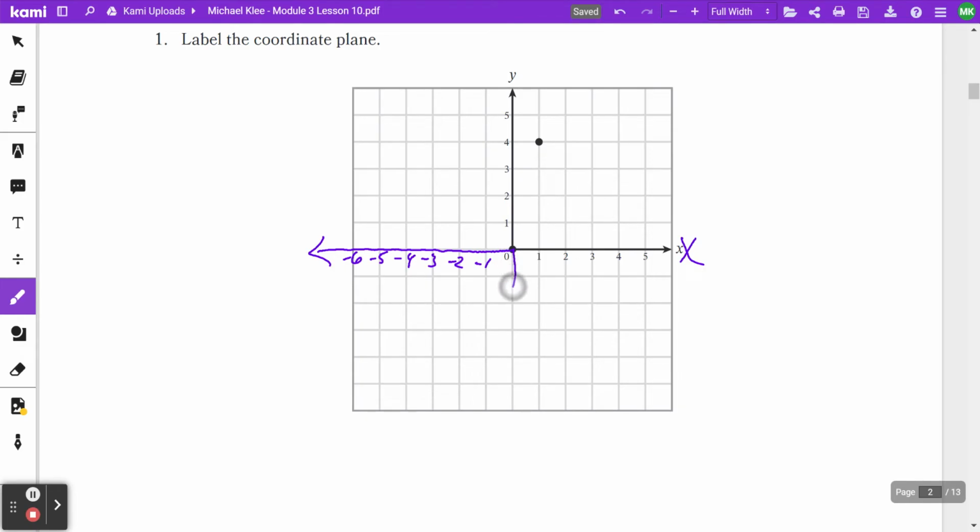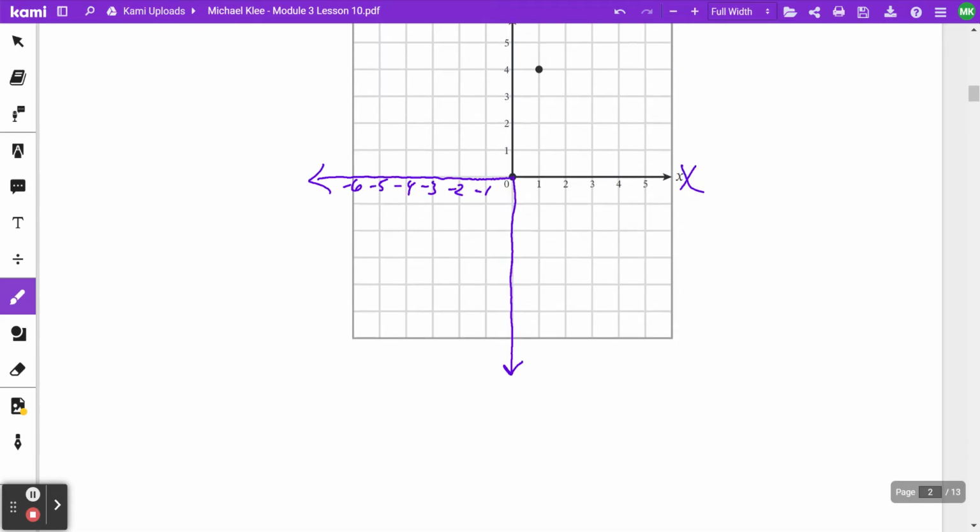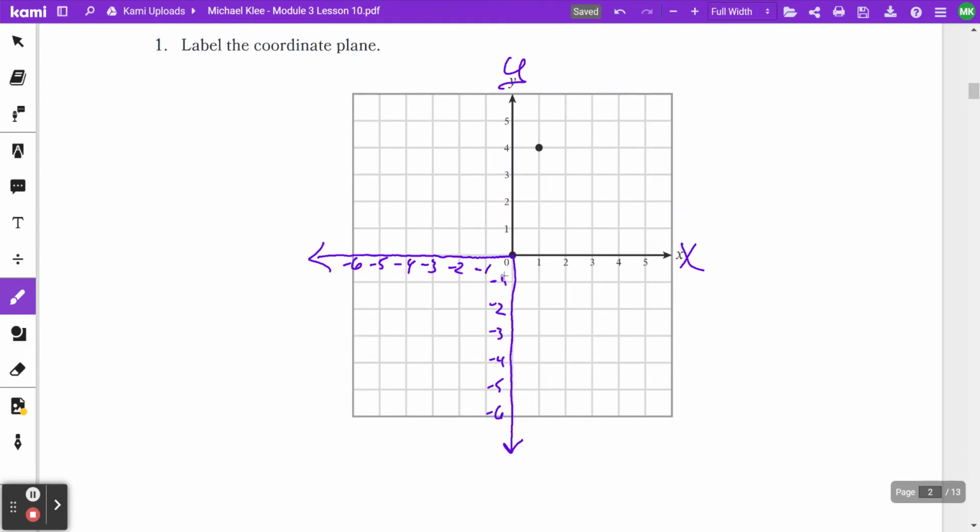And same thing here with this. This is a terrible line, so sorry. There's my y-axis. So I'm going to put those little negatives. So that's -1 and a -2 and a -3 and a -4, -5 and -6. All right, so now that we have them all in there,